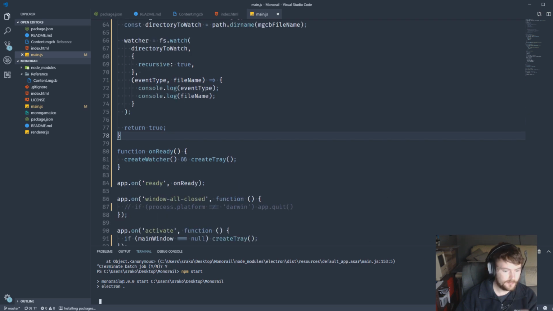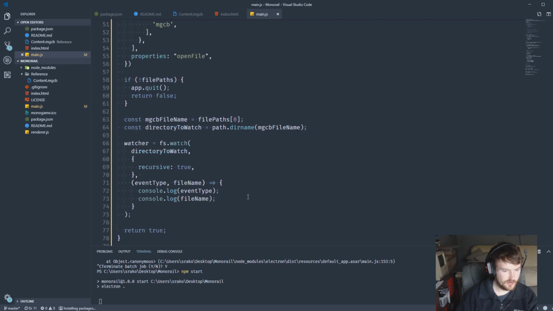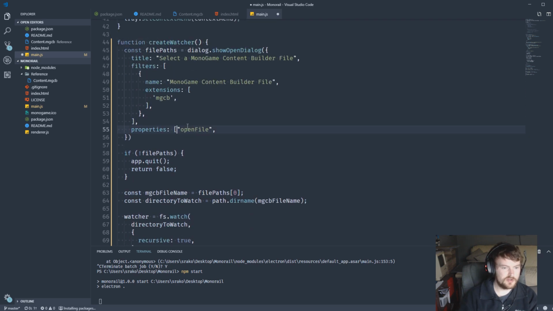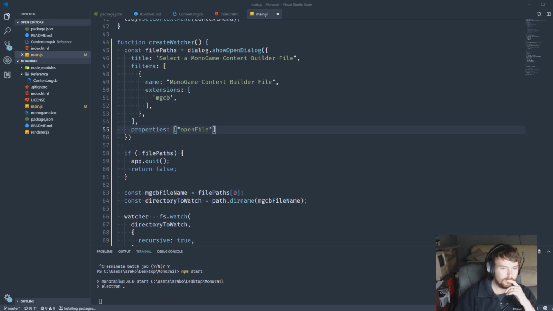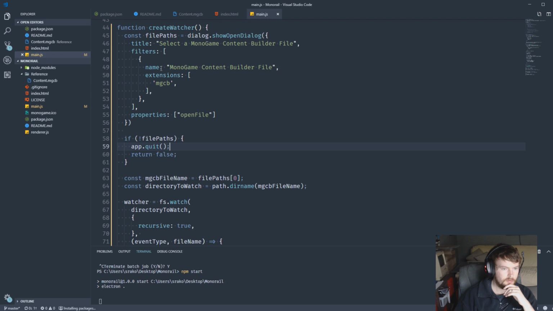Properties must be an array. It doesn't say an array, it says string. It must be an array of strings, apparently. Try that out. All right, cool. Open that up. Oh, I gotta find the content directory. Perfect. Now I didn't see the console log come through,